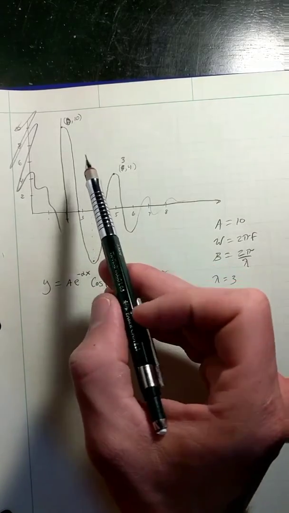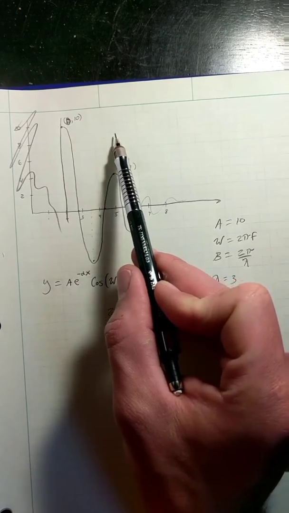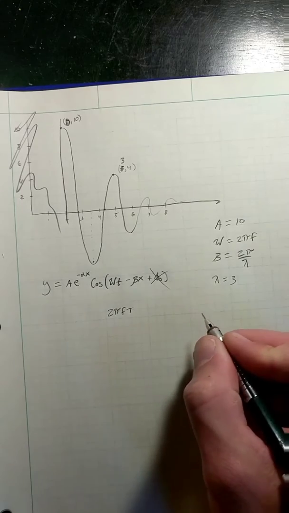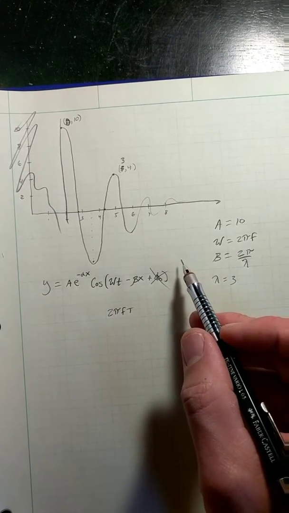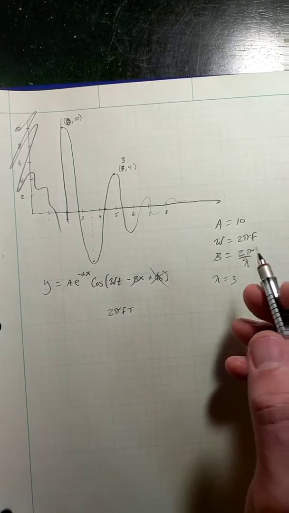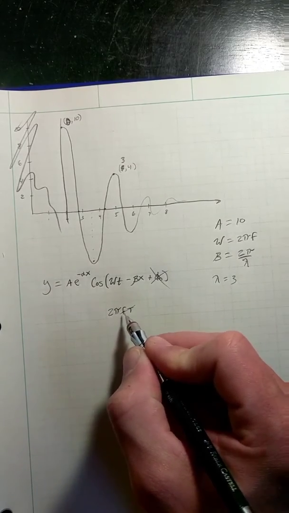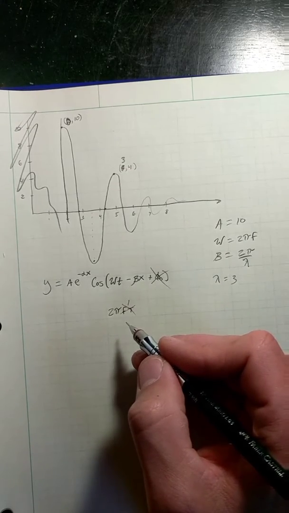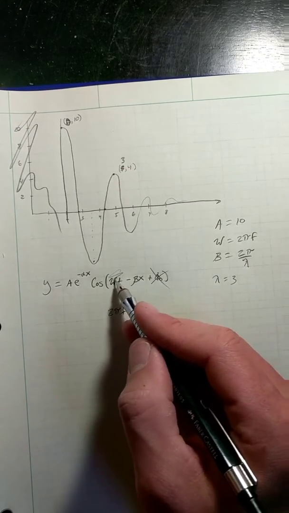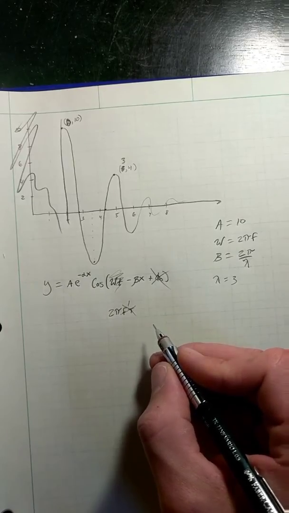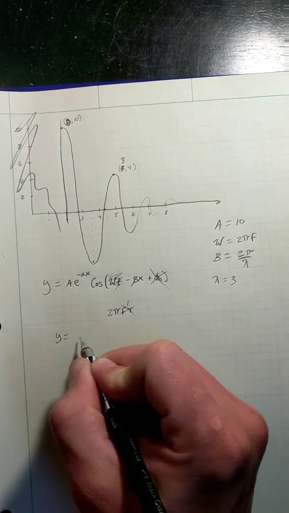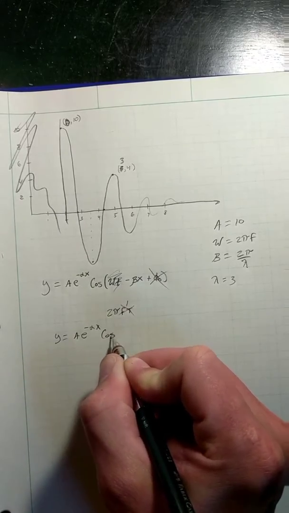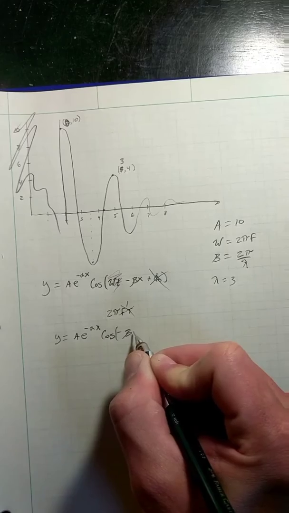This t is the amount of time it took to go from this point to this point, the time it took to go one wavelength, which is one period. So we would be plugging the period in for t, which is 1. Now we're just adding 2 pi to the inside of a cosine function, which doesn't change its magnitude, so this whole thing goes away. Now we're just left with y equals A e to the negative alpha x cosine of negative,